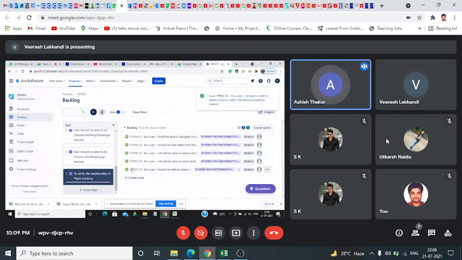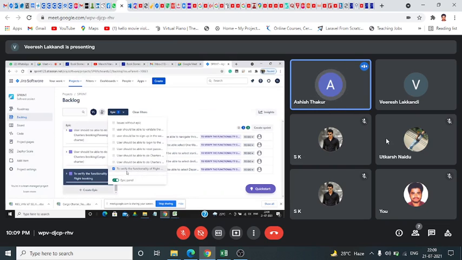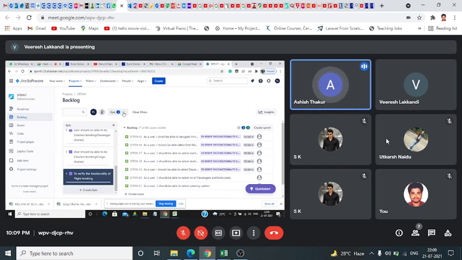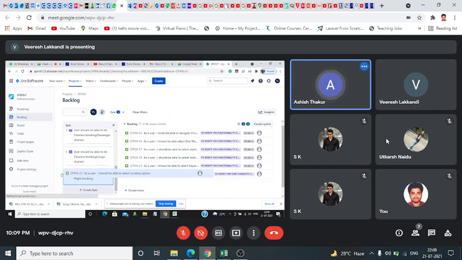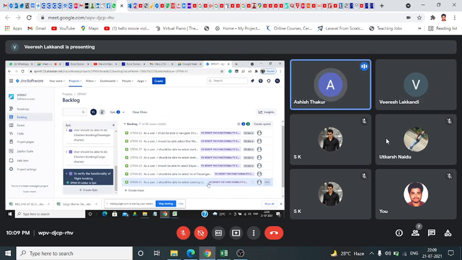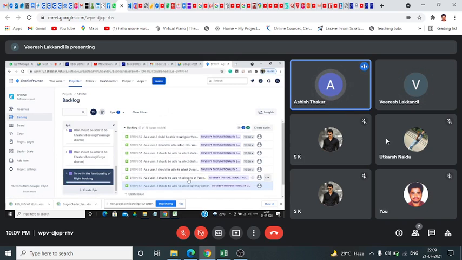Now click on the epic part. Now issues without epic. Now you can see these two issues are without epic, this one 60 and 61. Just drag it to that epic portion. Yeah, just drag it. You can see on the right side now, to verify the functionality of flight booking. It's assigned. So you understood how to add user stories in Epic, right? Yeah, bro.